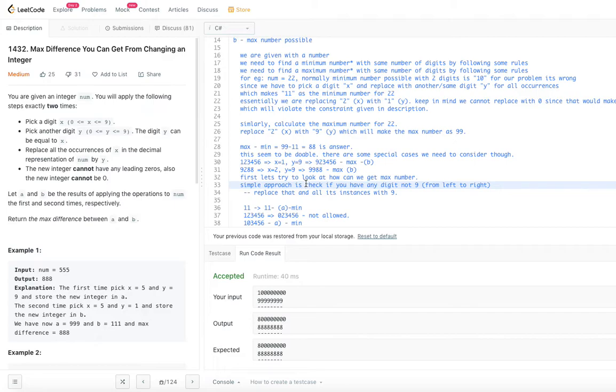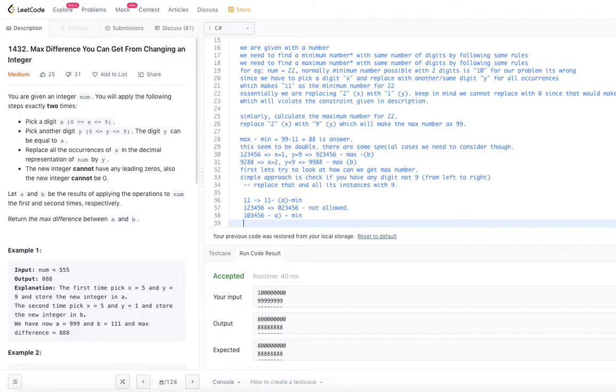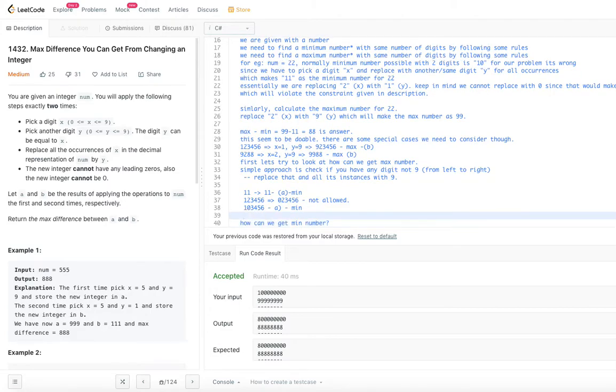So now we know that we can get the minimum number and we can get the maximum number. What else? We just subtract and send the difference back. That's it. We are done with that problem, right? So we are able to get a minimum number for the given number and get the maximum number. So maximum number minus minimum number. We have been calling maximum as B and minimum as A. So the answer is B minus A. That's it. So I have given some notes here.